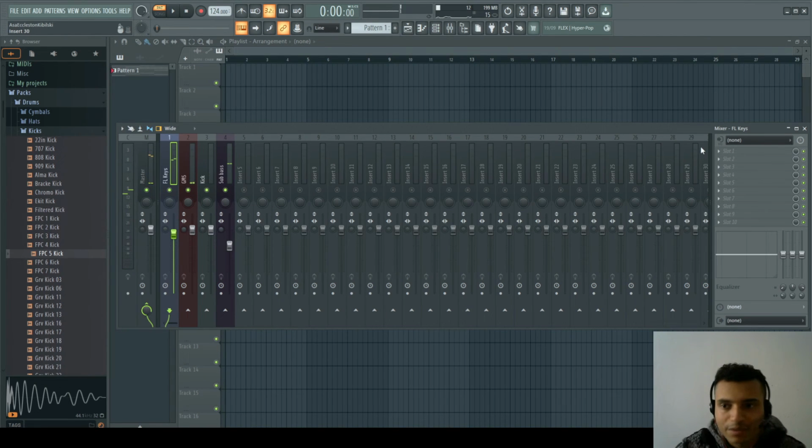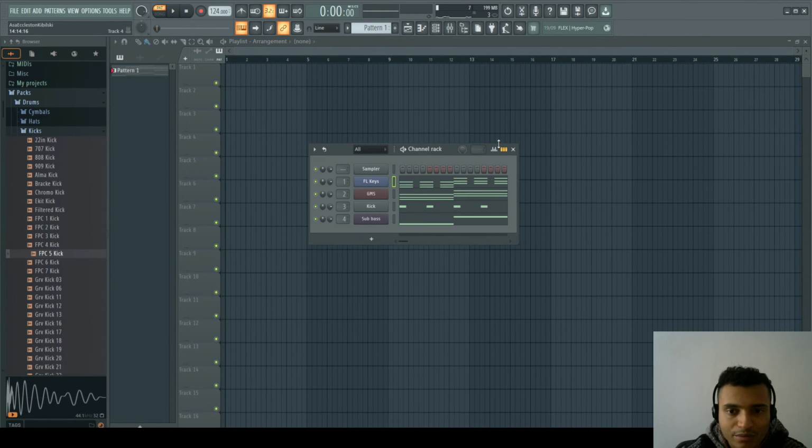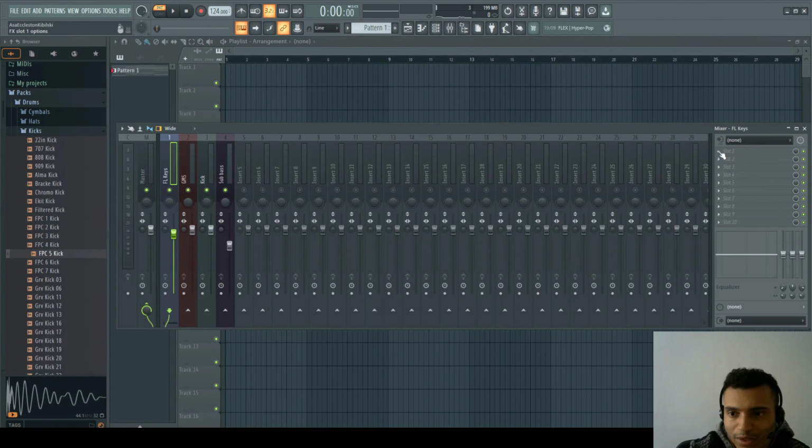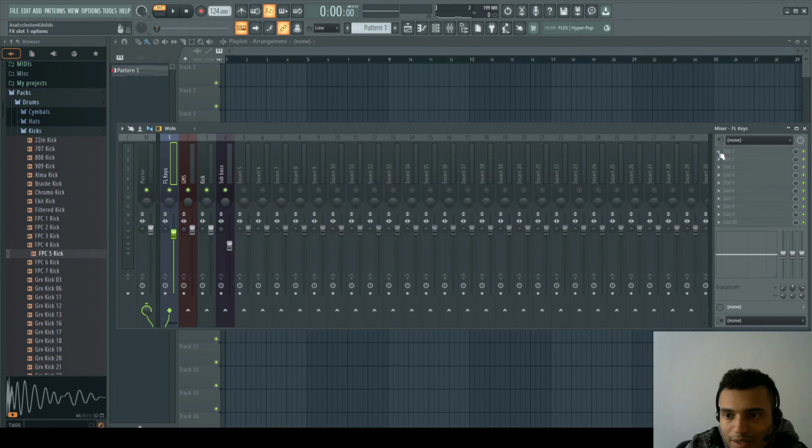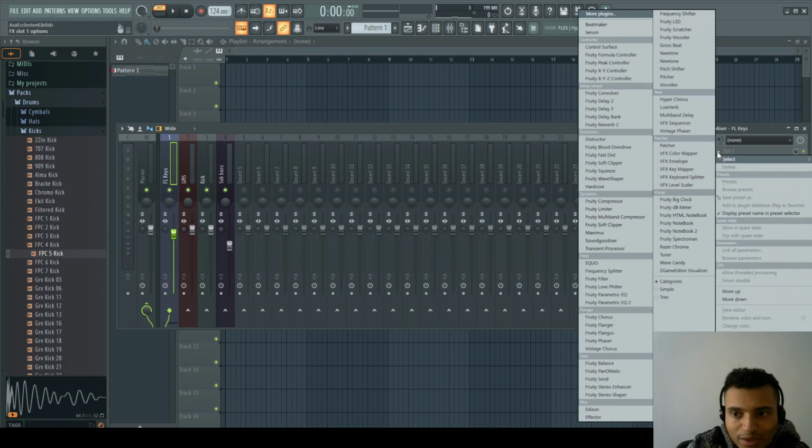Okay, so this would be a simple part of balancing and adjusting your volumes in FL Studio 21. Okay, and then in the next part we will check out a bit more about the mixer and using some different effects. We put the effects on the right hand side. You see here these effects, slot 1 down to slot 10, and we can put different effects on different sounds. So if we have the keys selected, we can choose from all of these different effects, which do different things, of course,